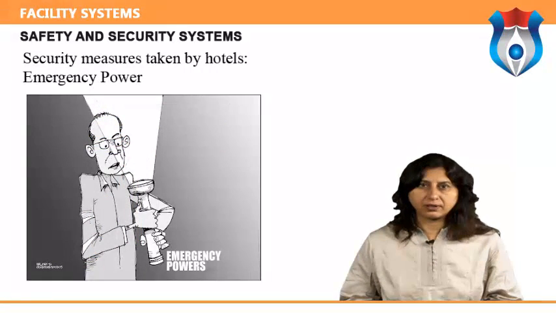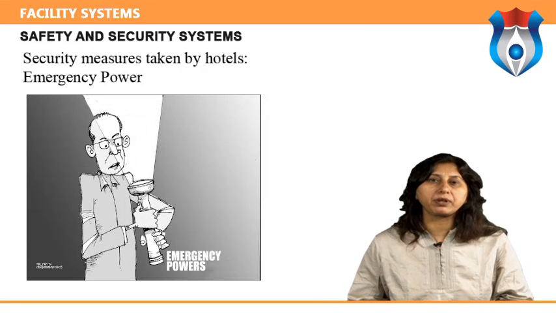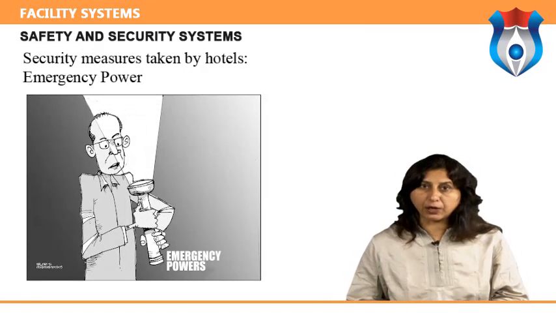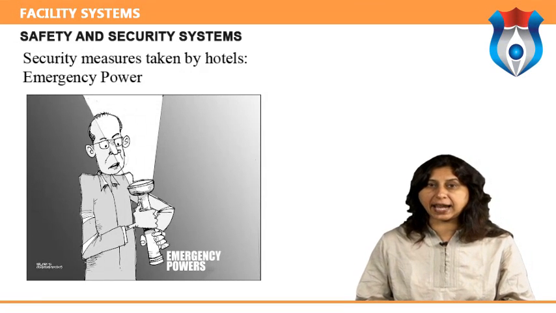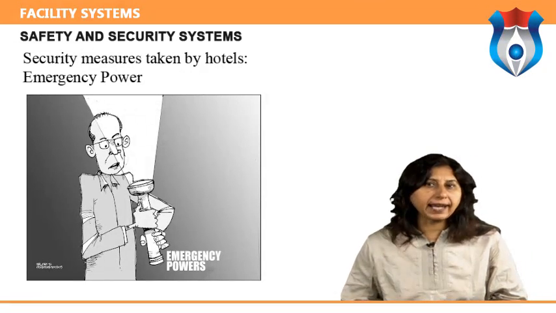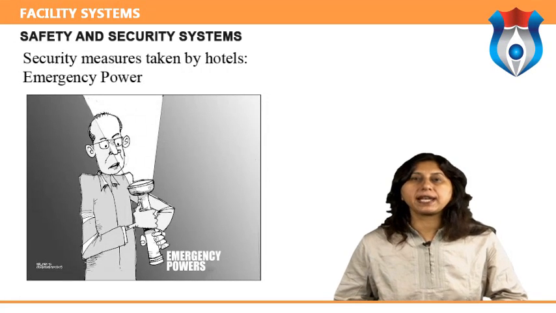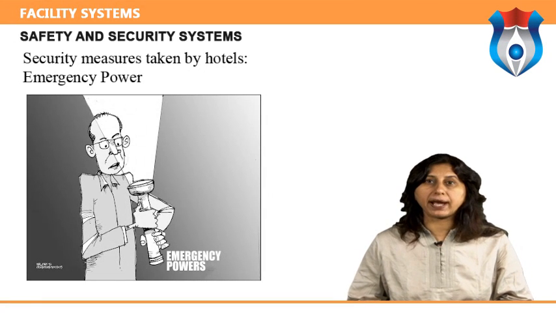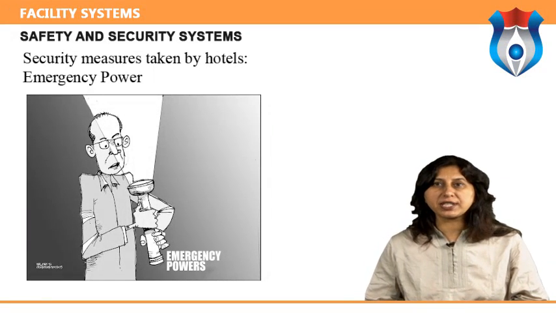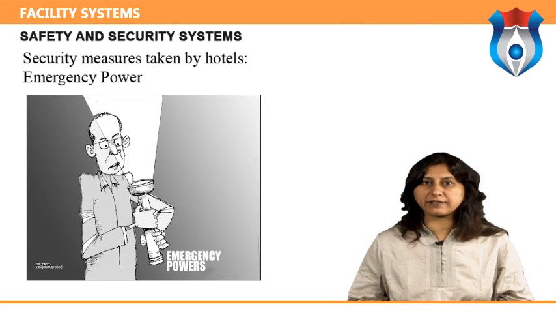Emergency power. Very few hotels have any provision for emergency power in case of an electrical outage, while a few hotels provide limited emergency standby power to provide elevator service and some lighting. Some hotels have a 2 megawatt standby generator that provides 100% emergency power that can provide uninterrupted guest service during a power outage.